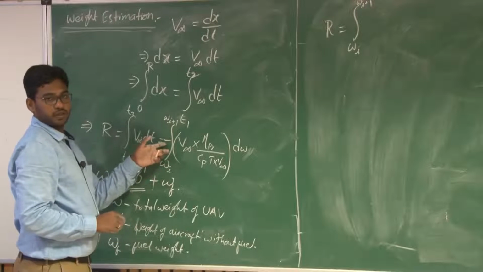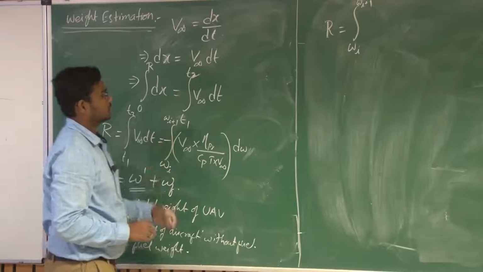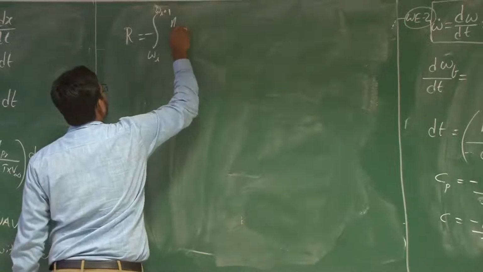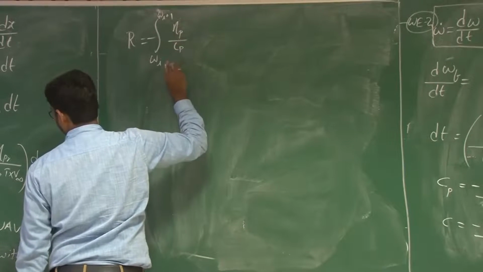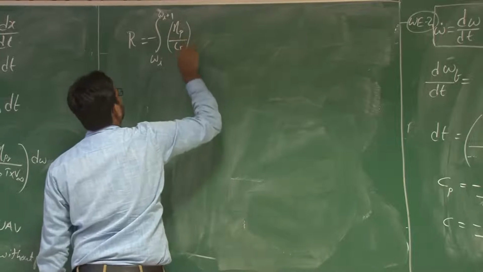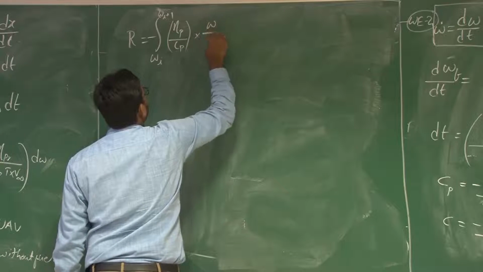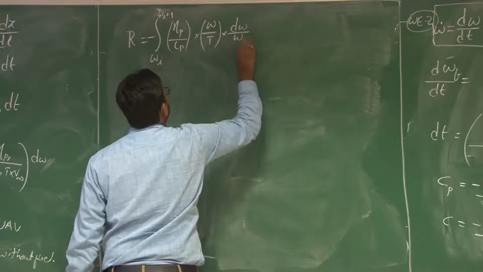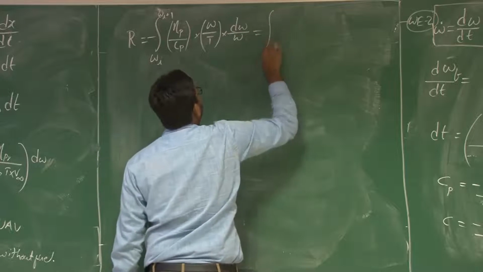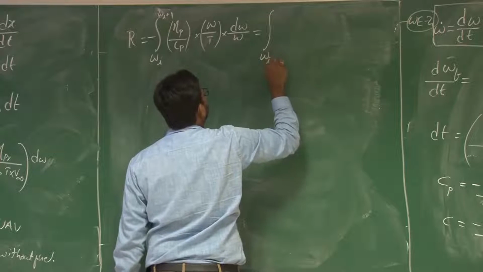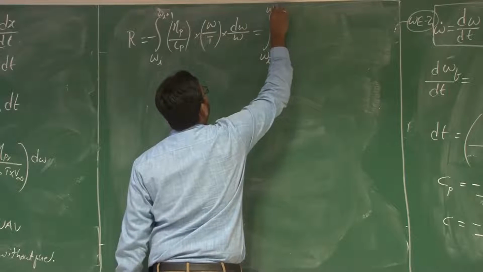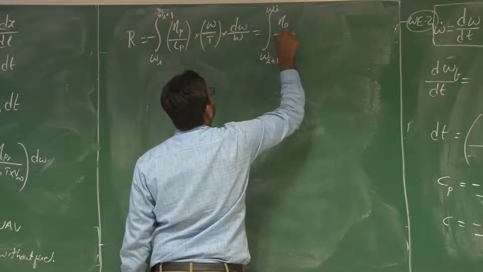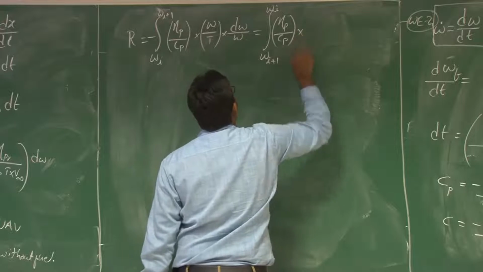The same will be reflected here, substituting the minus: minus of eta of the propeller by Cp into W by T into dW by W equals minus the integral from Wi plus 1 to Wi, which is equal to eta of propeller into Cp into